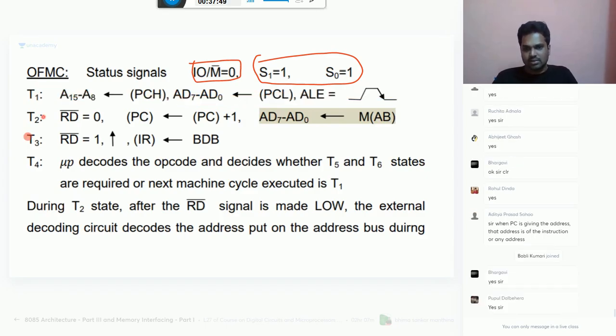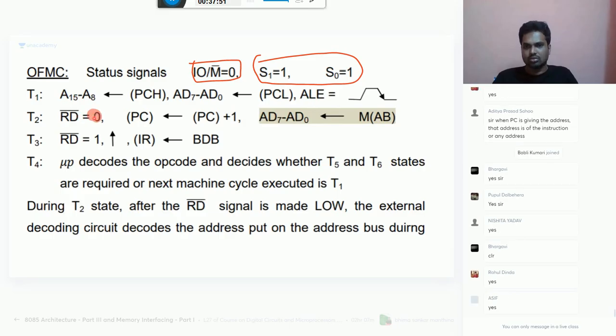Second T state, what happens? Read bar signal will be 0. I am initiating the read operation. PC will be incremented by 1. And your address bus, now A7 to A0, which is used as the data bus, is copied with the memory contents